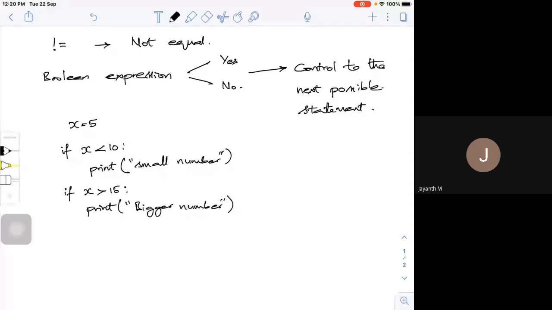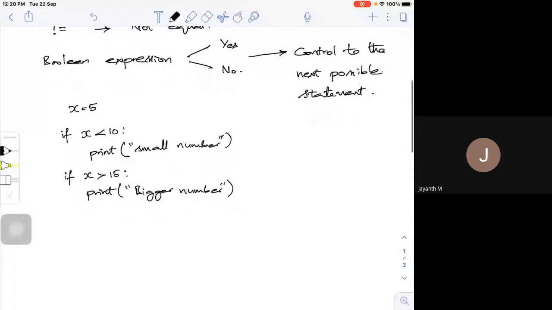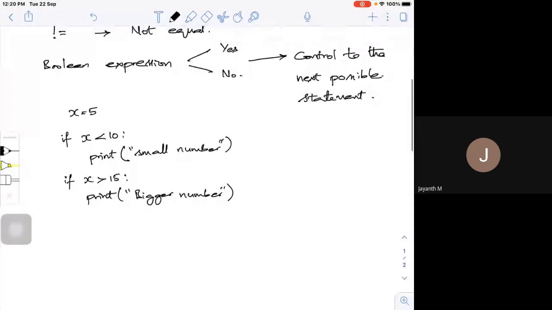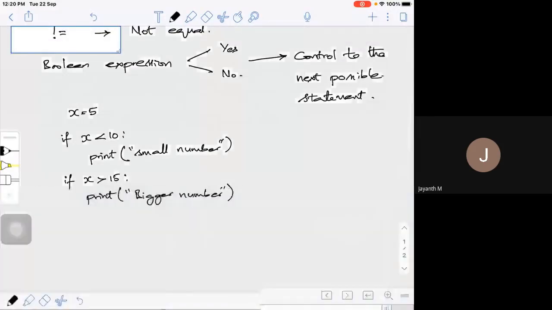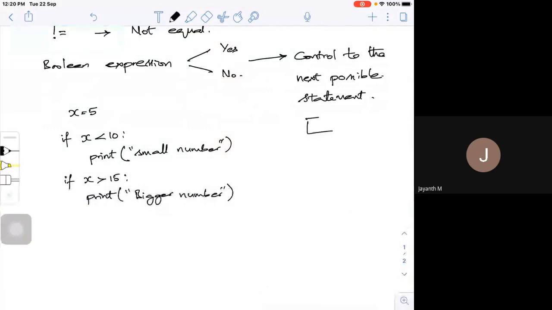Once you are done with this, what does your program do actually? If I try to put a flow chart for it, it will be something like this. This is my x is equal to 5, it goes here, then the conditional statement, which is a rhombus. It checks whether x is less than 10.